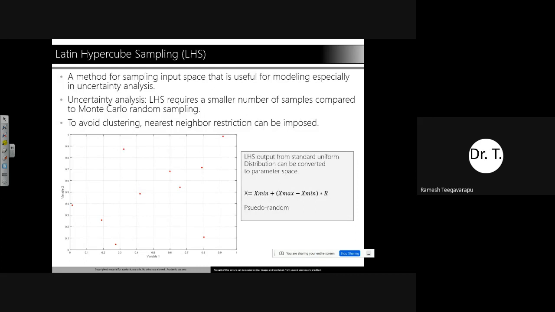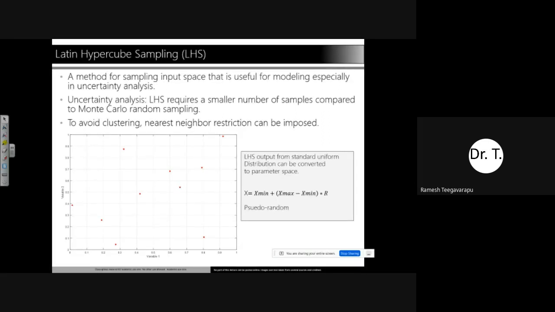What is Latin hypercube sampling? If you take a simple random sample, sometimes the sample may fall only in one area, or one range of the data set. Let's say, for example, your value varies between 1 and 5. If you take 1,000 random values between 1 and 5, sometimes you will get more in one area, like between 4 and 5, and fewer in the other area.